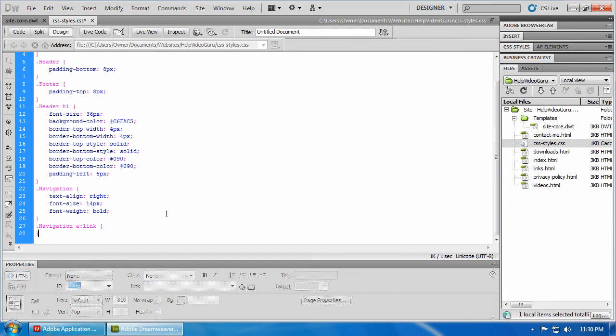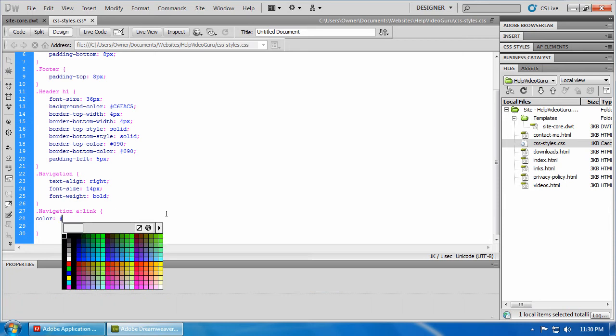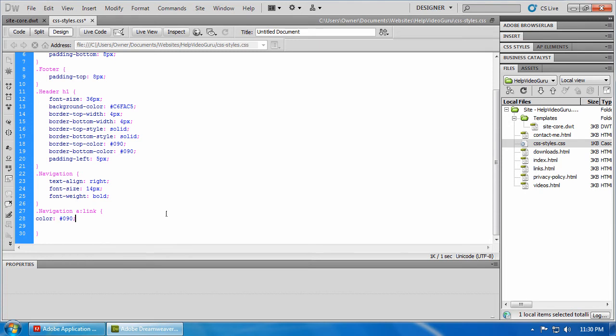Start out with navigation once again, and then A for anchor, put a colon, and then the word link. And as with all CSS styles, we're going to need opening and closing braces or curly brackets, depending what you want to call them. Okay. Now, within those braces, let's have a start